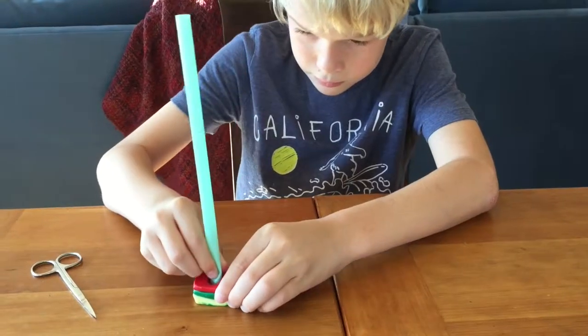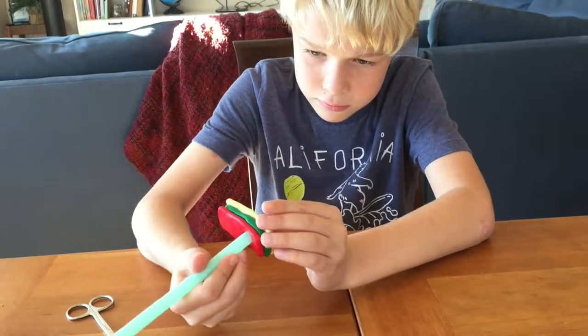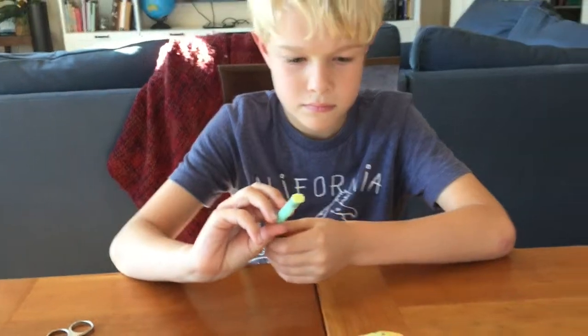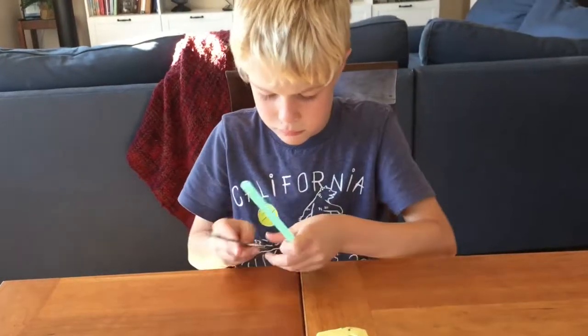And then when you get to the table, is it all the way through? You have to twist it a little. Yeah, it is. Is it through? Yeah. Okay, now pull it out. Good. And then he's going to take the scissors. You take the scissors, and he's just going to cut